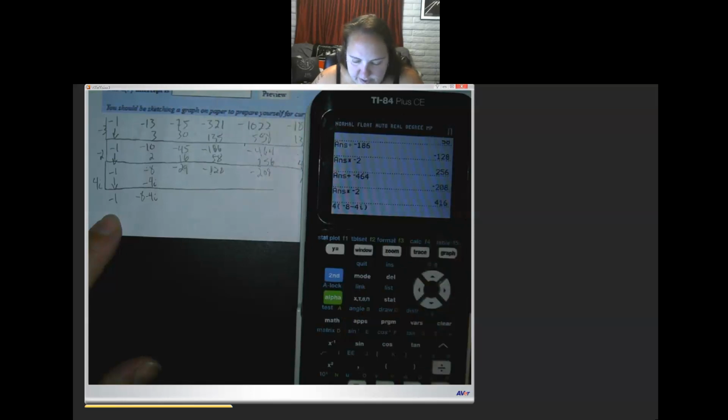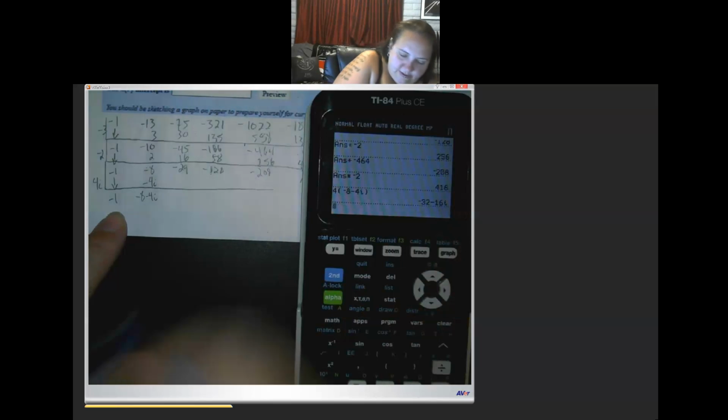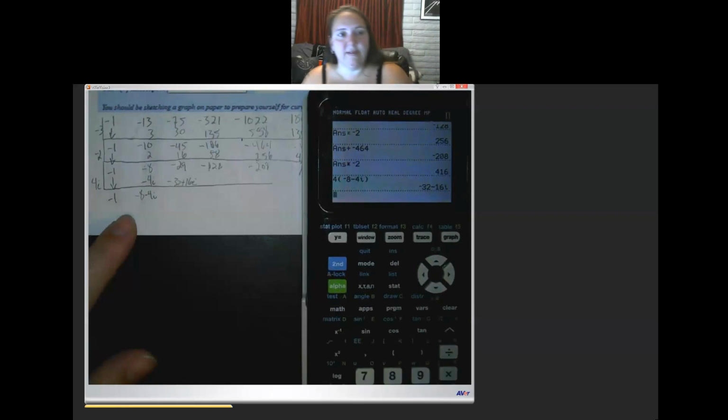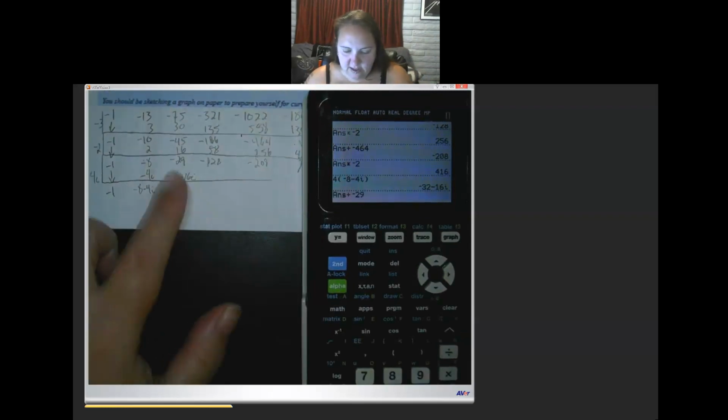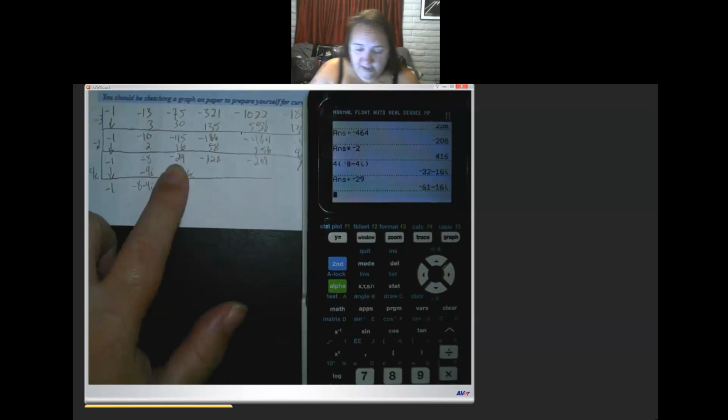Negative 32 plus 16i. And then plus a negative 29, negative 61